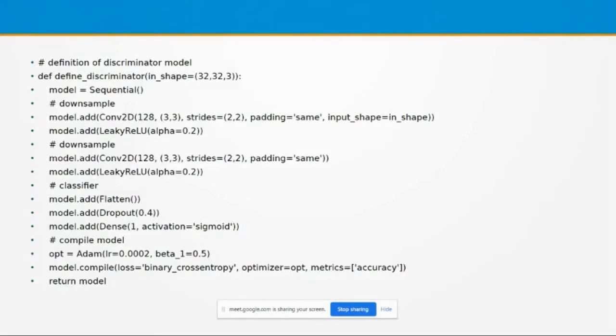That is in the output layer. In the output layer, we use the sigmoid activation function. Then before this, we can add any number of hidden layers. Here I just use all the features, and these features are directly given to the output layer. That is what is happening in this particular implementation. This is a very simple implementation. You can expand it by adding more downsampling layers and more hidden layers and so on.